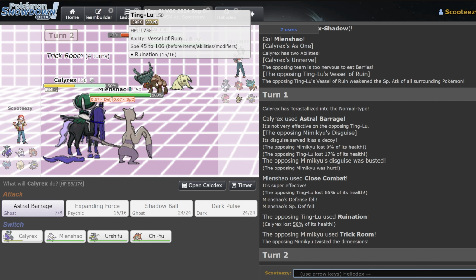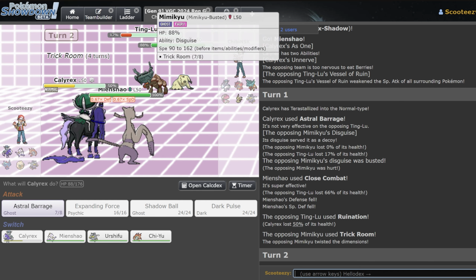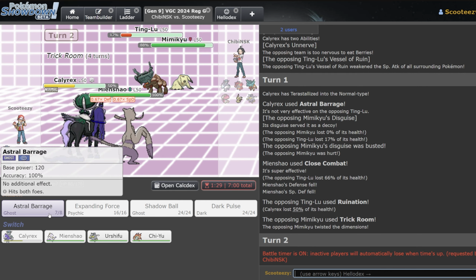This is a rough lead, man. Kind of wish I just led Flutter Mane and then I could just go Dazzling Gleam, Astral Barrage or something. Oh man, mistakes were made. Dude, I disrespected Mimi so hard here. Is it just Astral? Just Astral plus...